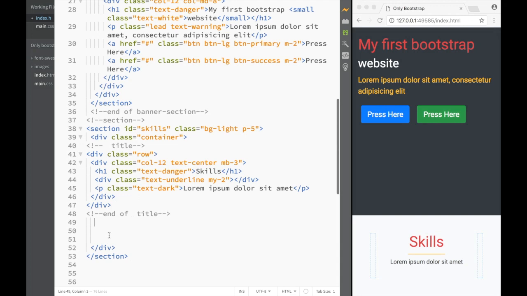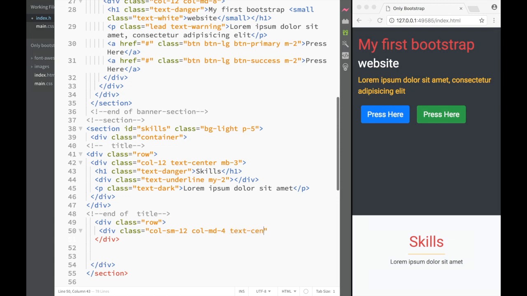And what we would want to do is start by creating another row. Over here, I'm going to say div class, and I'm going to say that this is going to be a row. And over here, we're going to place some columns. So we're going to say this is going to be div class, and within this class, we're going to say that this is going to be a column. On a small screen, it's going to be the whole screen, right? From small. Then we're going to have a column over medium 4,